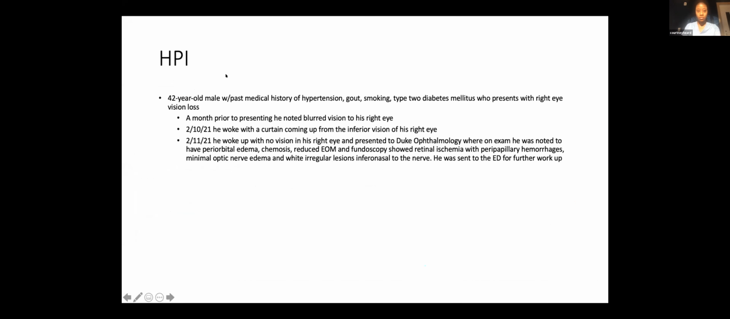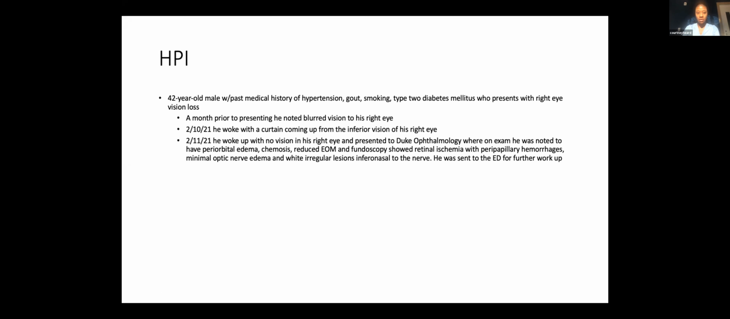The patient is a 42-year-old male with past medical history of hypertension, gout, smoking, type 2 diabetes, who presents with right eye vision loss. A month prior to presenting, he noted blurred vision to his right eye, and on February 10th, he woke up with a curtain coming up from the inferior vision of his right eye. On February 11th, he woke up with no vision in his right eye and presented to Duke Ophthalmology, where on